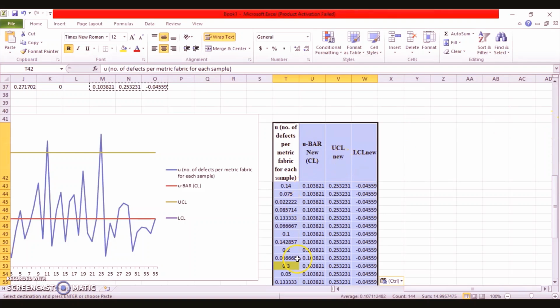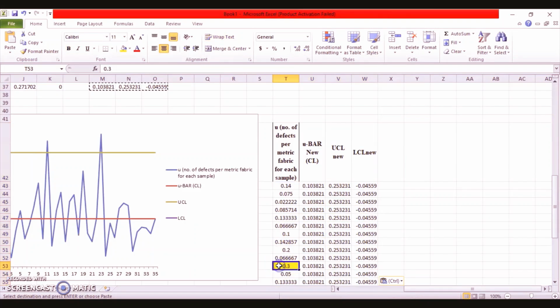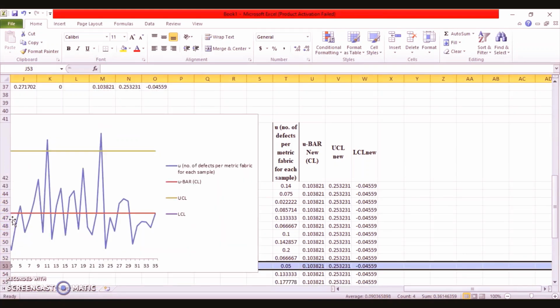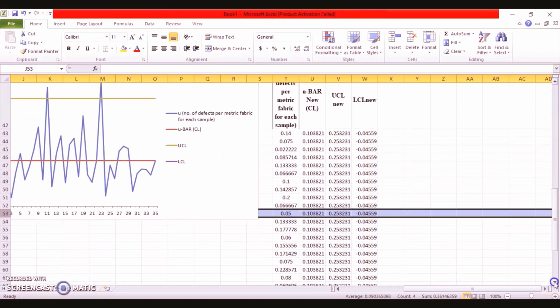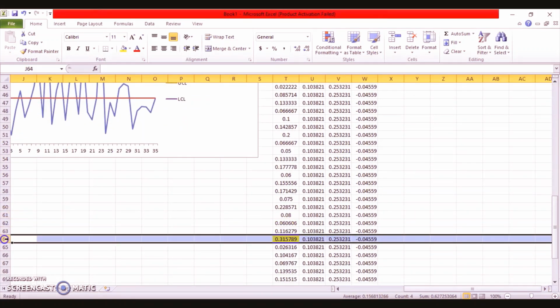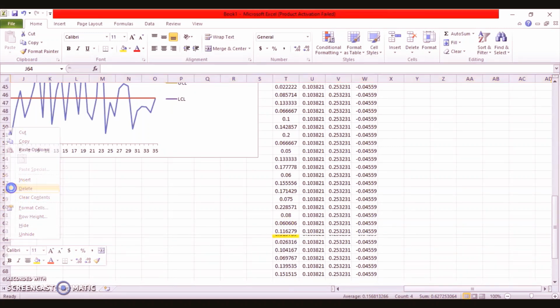Okay, now why did I use the values in a separate table? Because if I delete these 2 points which are out of control, right, what will happen? The rest of the data points which are there, they'll be disturbed and will be tampering all the data.